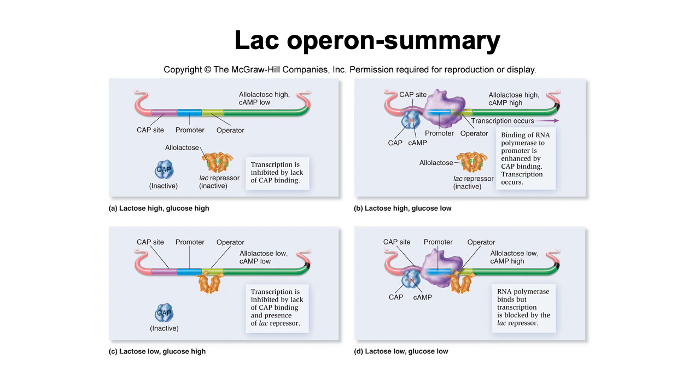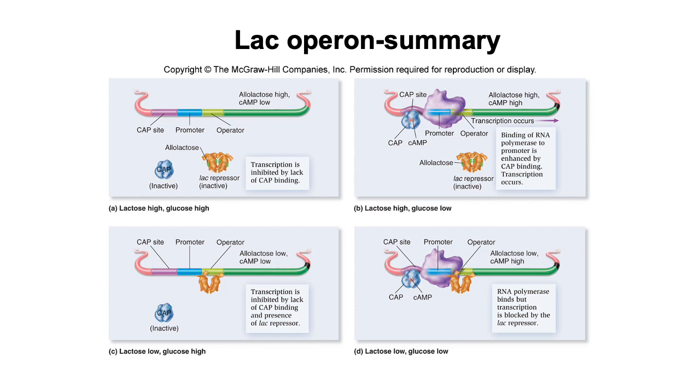So in this slide, basically we've summarized the last 4 slides. I've put it all together here in one slide. Again, remember that the only time the genes of the lac operon need to be transcribed is when lactose levels in the environment are high. So whenever we see lactose levels low, repression, right? And you see that in the bottom 2 panels. And then when we look at the top 2 panels, the other